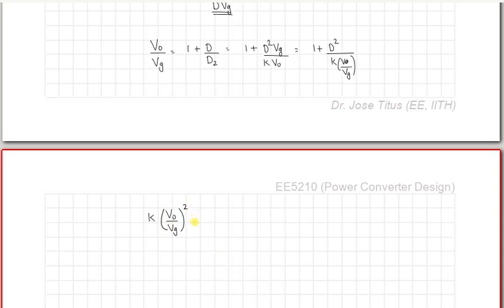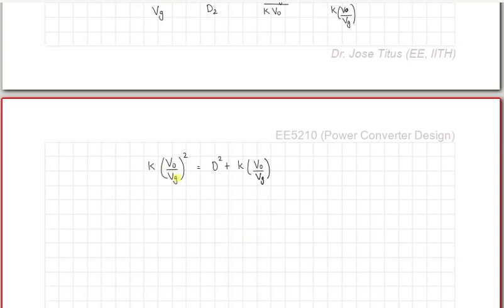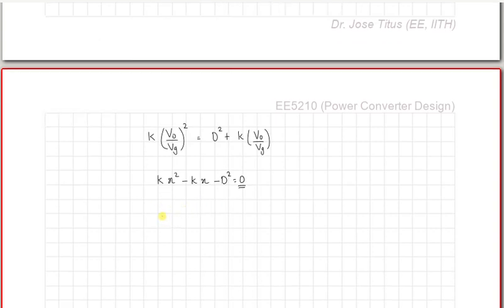This is equal to D square plus K times Vo by Vg. So this is of the form K times x square minus K times x minus D square equal to 0, and so you can solve for x from here, or Vo by Vg